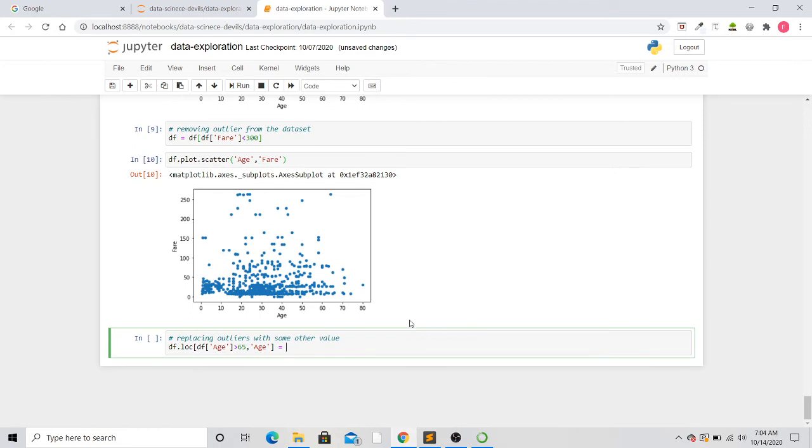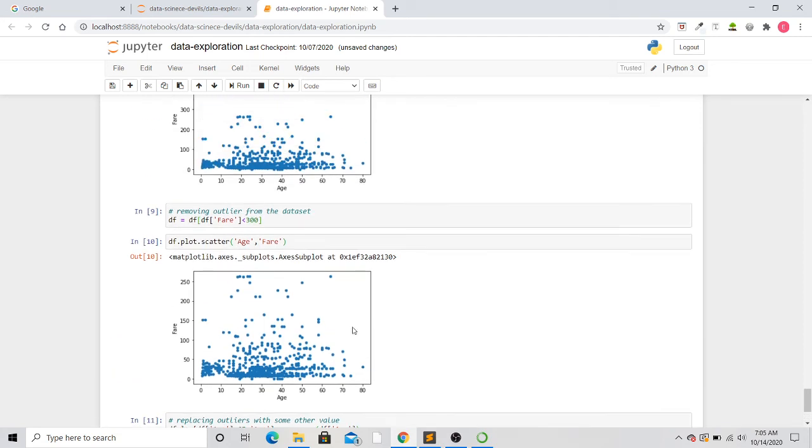So as I have done import NumPy as np, I will write np.mean, and then I need the mean of the age column. So I'll write df age. Okay, so this is now done.